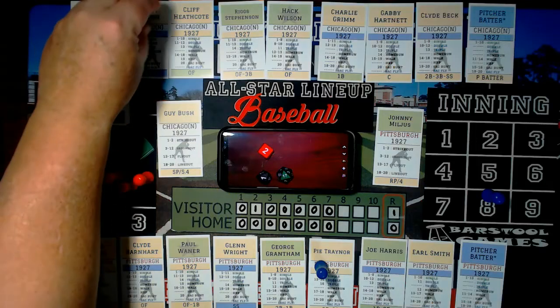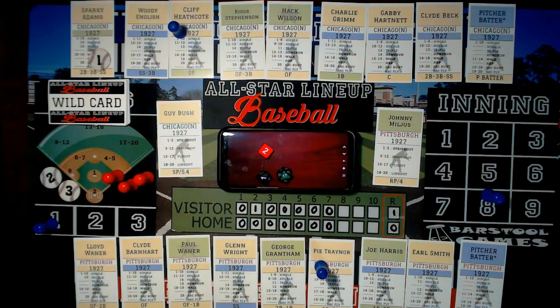Okay, Heathcote coming up. He's a lefty, so he's only -1 because of the rating. Okay? So Heathcote's -1. Doesn't matter. Pitcher wins the battle with a fly out. The ball's up in the sun, but it comes down on the mound, Heathcote, and Milgis just wraps it up. So there are 2 down,